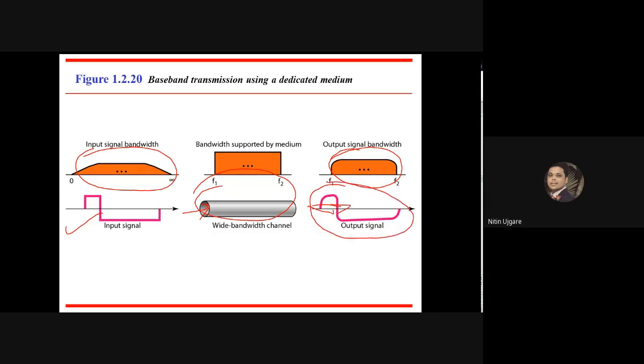Don't we think that my signal shape is different from what the sender had sent? Yes. And remember the principle of data communication that we discussed in the first or second session: whatever we send, exactly the same information should be received by the destination. But in this case, we are observing that what the sender sent is not received by the receiver.